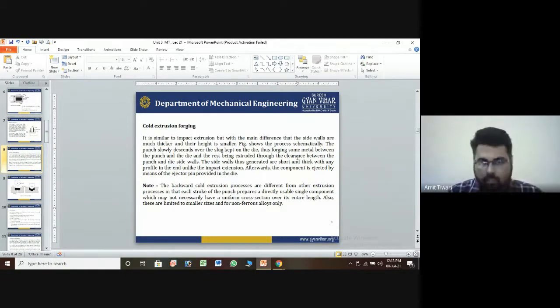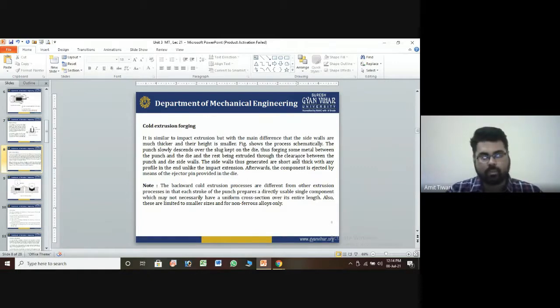In backward extrusion, with each stroke the punch is applied directly to the material, applying some external force. You can increase the length or reduce the thickness with external force on the body, or we can add weight to increase the area. So it depends on what type and amount of pressure we require, on the material strength, and on the requirement of the extrusion, how much quantity you have to extrude. These are some parts to be calculated.